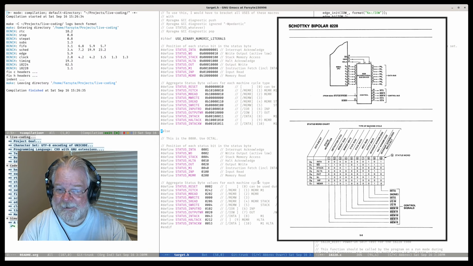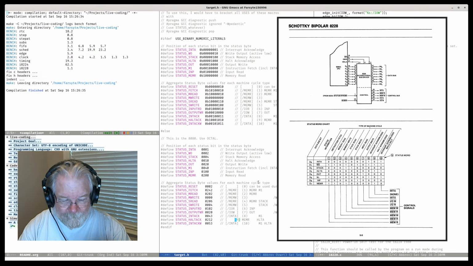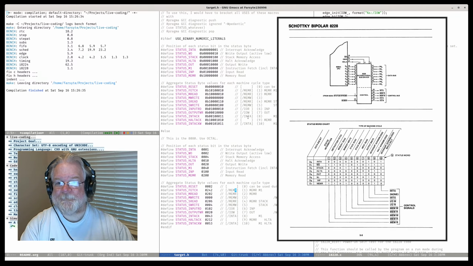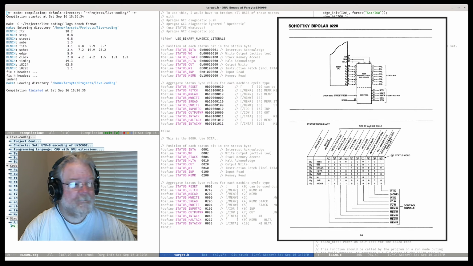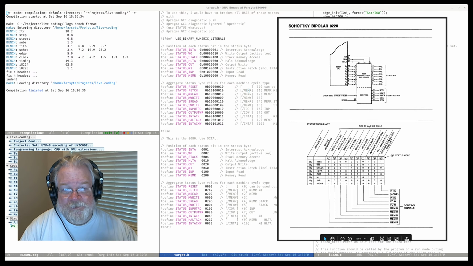We can fix that easily enough. Okay. So these are the signals I should be outputting here. Now, according to my other notes,